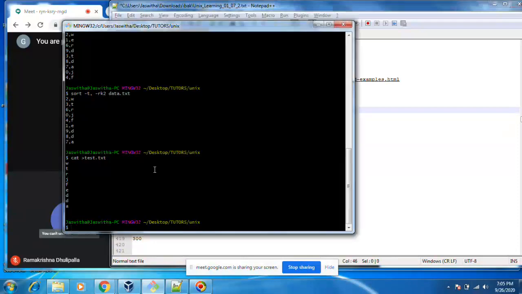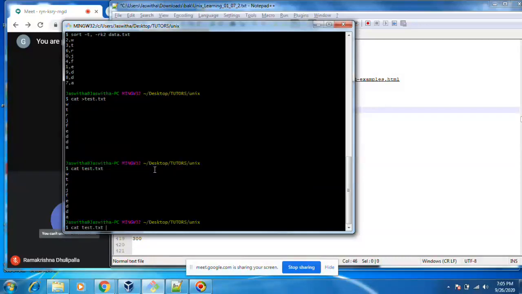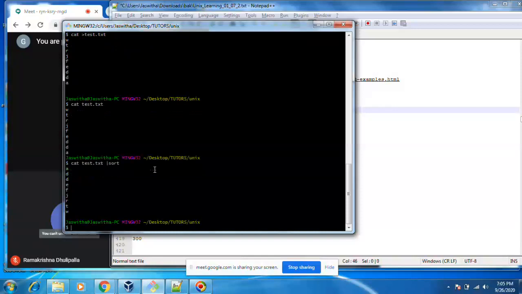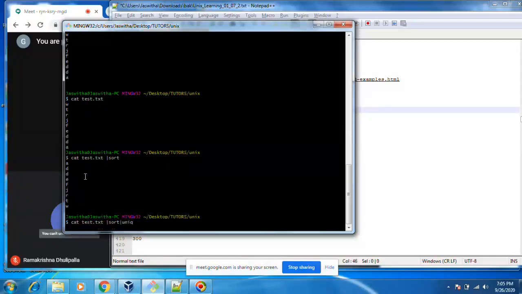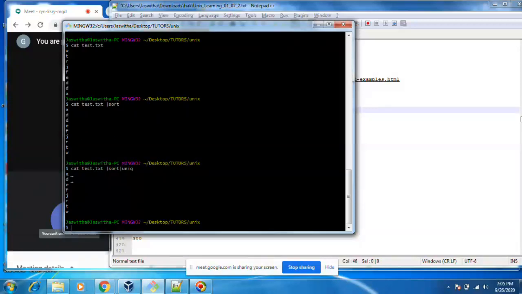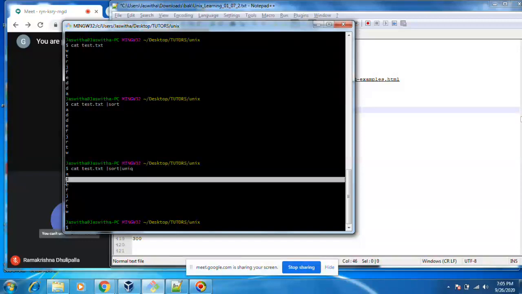Now we see unique. Cat test.txt. Then sort. It will sort alphabetical order. Again DD came, na. Again I want to make it unique. 2 Ds will be removed and then we will get only 1 D. You see 2 Ds here. Here I see only 1 D.